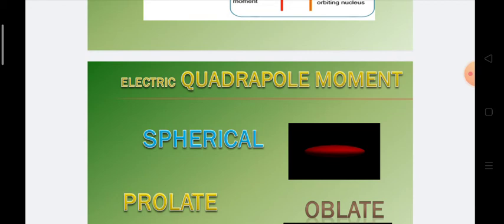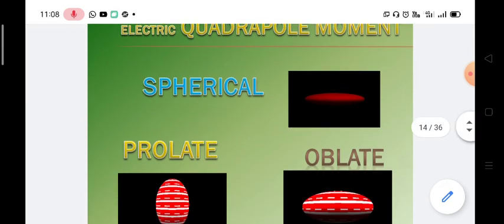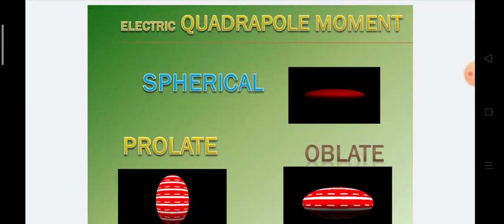So usually it should have a spherical shape, but what we have seen after doing a number of experiments, they found that the shape of the nucleus is not a sphere but either prolate or oblate depending upon its deviation. If the deviation is positive, it is prolate, if negative, oblate. So how do we find the value? The shape is known from experiments. So if we substitute the B value and A value of that shape in the formula I am going to tell, we will get the electric quadrupole moment value, which is given by Q is equal to 2 divided by 5 into Z